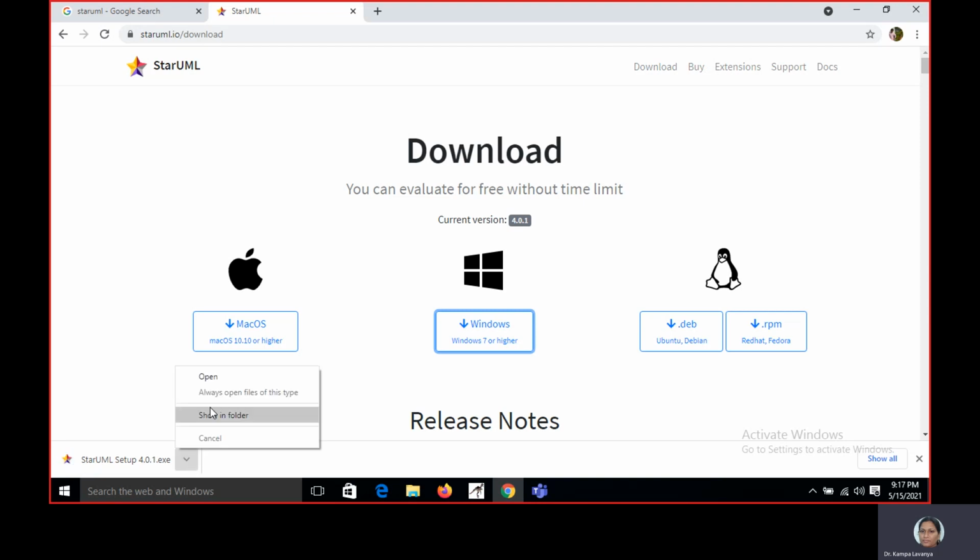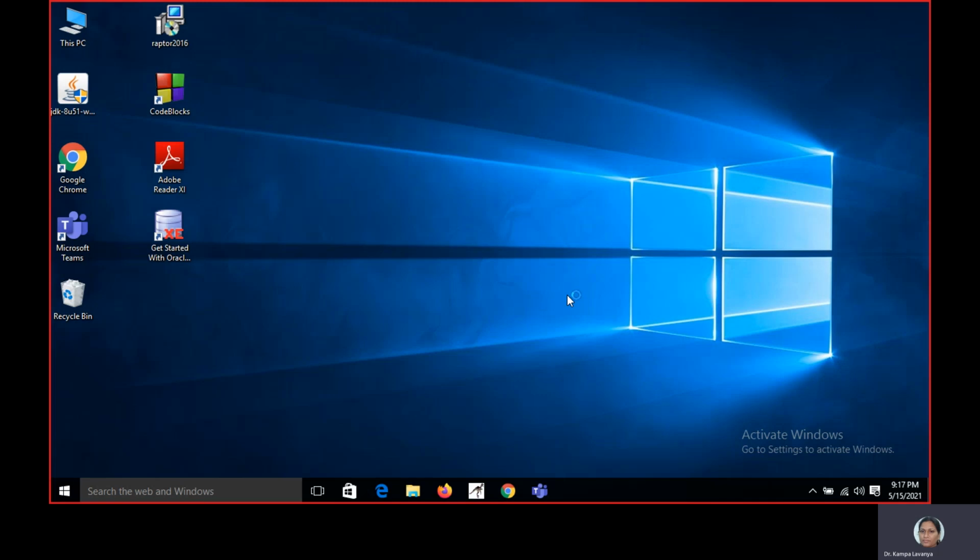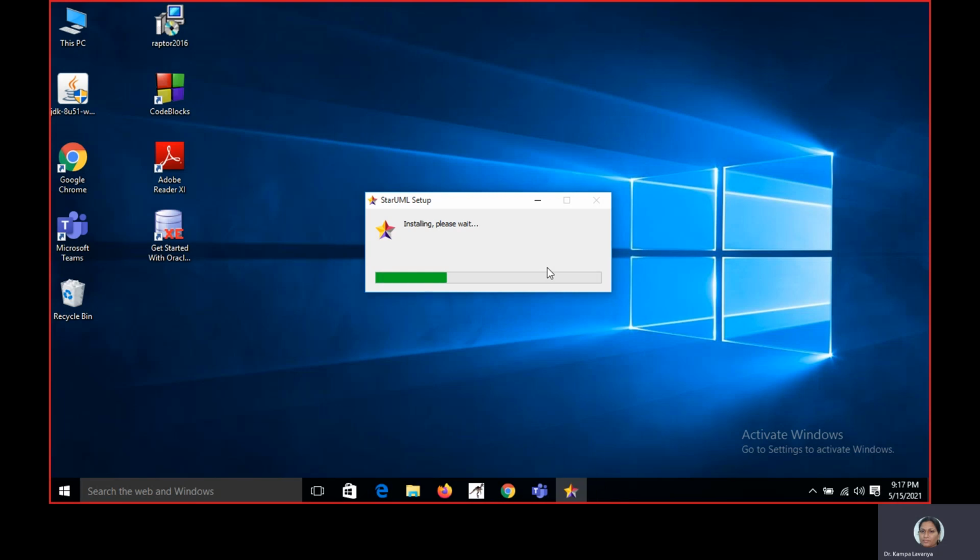After that, you just open it by clicking on the software. Then it will ask you to allow this app on your system. Then you can click yes. Immediately it starts the installation.